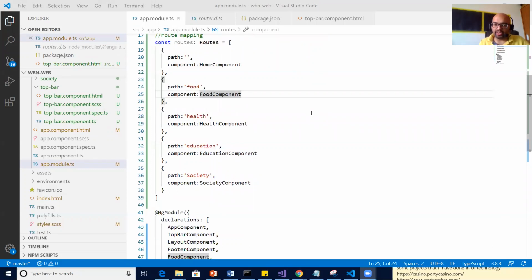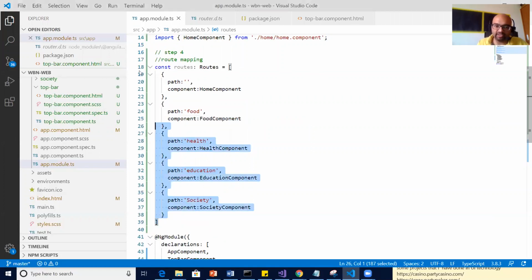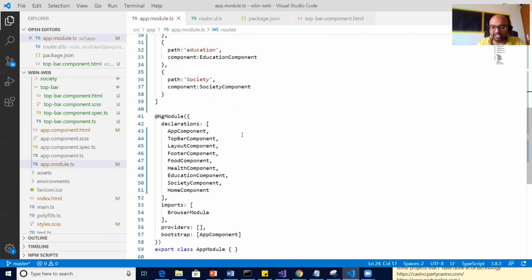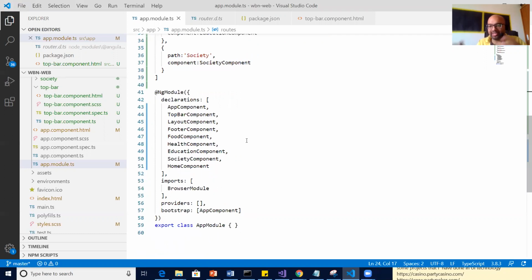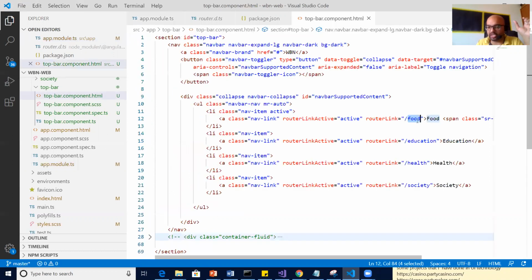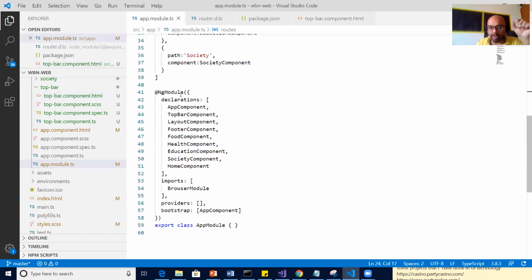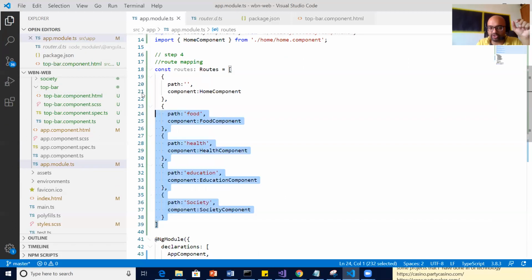So step 4 is also completed. Now again, this is just an array. Did we hook it with the module? Have we added it in the module? No, correct. It will still not work because it is still an array. So in this workflow, when you click on the route, router link will pass this route name called food to the mapping table to match, correct?